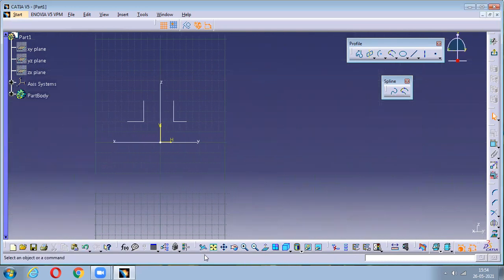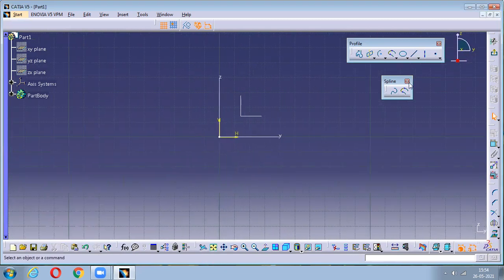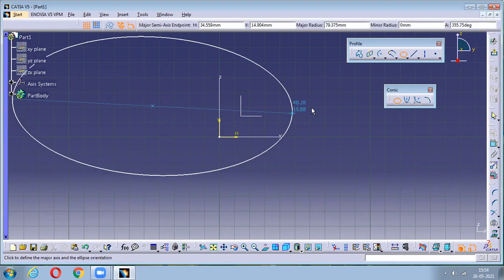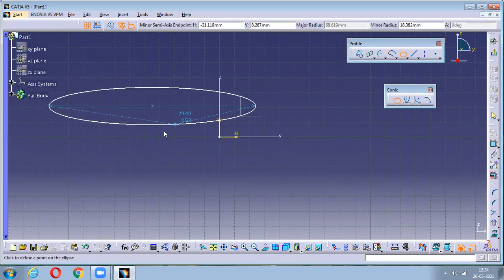Great. So now we'll move on to the ellipse. An ellipse is nothing but an oval shape. How many radiuses and diameters will we get in an ellipse? For a normal circle, we have either a radius or a diameter. But in an ellipse, we have two diameters or two radiuses, right? The first one we give is called the major radius and the minor radius.